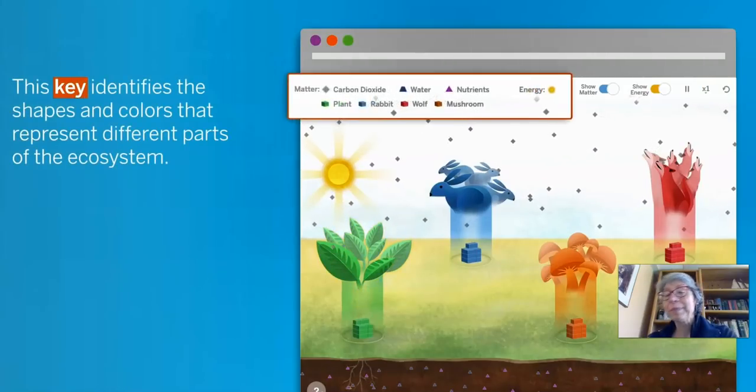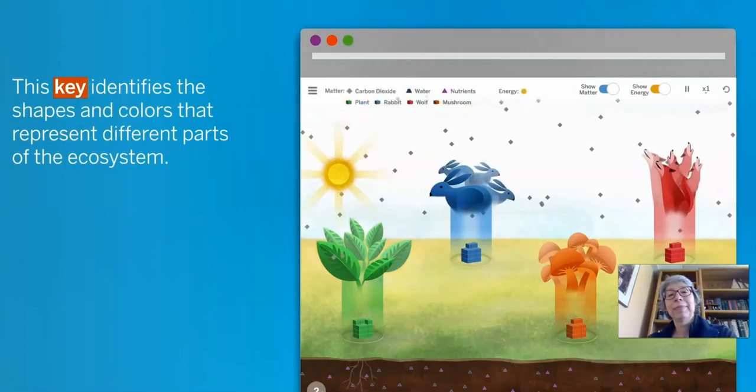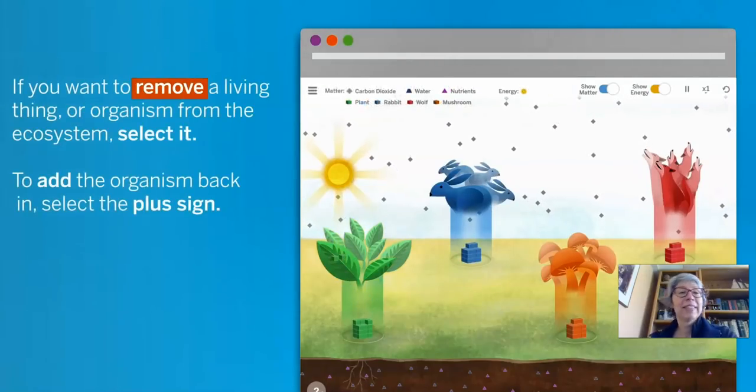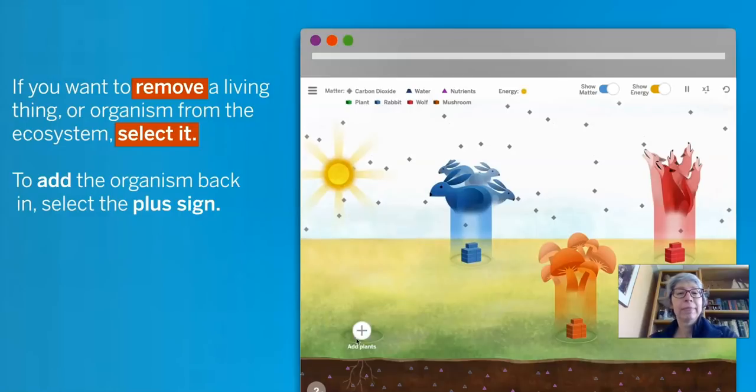Are you dancing? If you want to remove a living thing or organism from the ecosystem, select it. To add